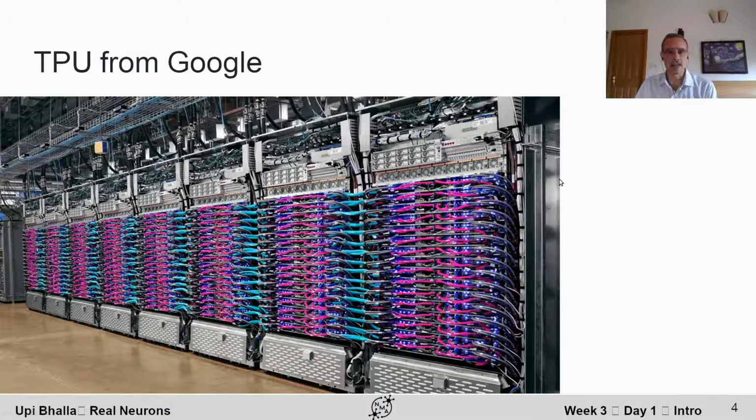Contrast it, for example, with this TPU, Tensor Processing Unit from Google, which occupies huge industrial size racks of space. It consumes megawatts of power, and at least so far, it can only do a small fraction of things that the human brain can do, and not very well. So what is it that the real neurons and the real brain are doing that make them so much more